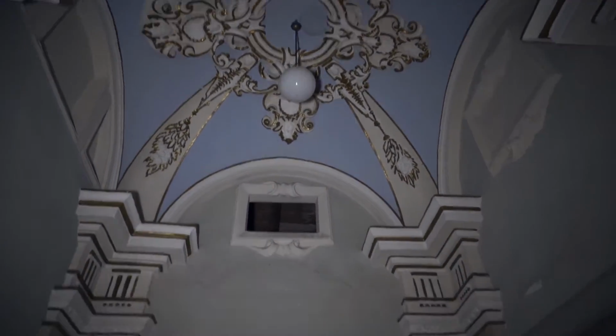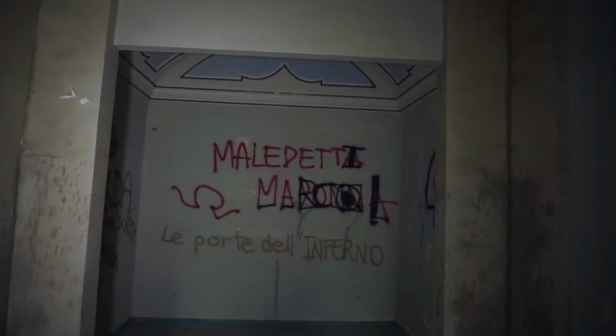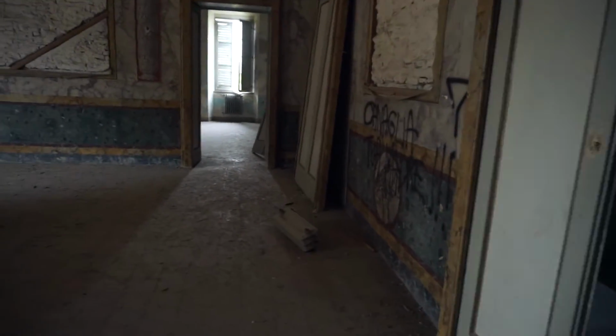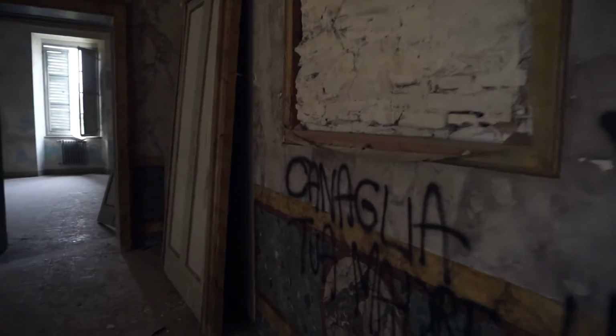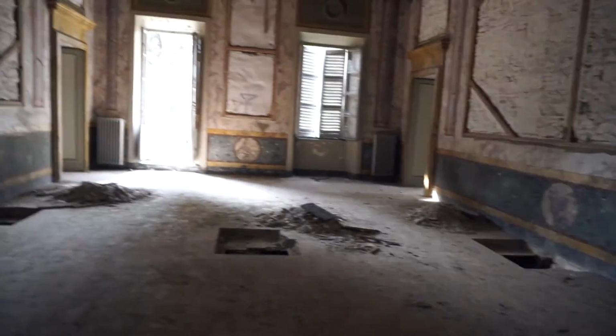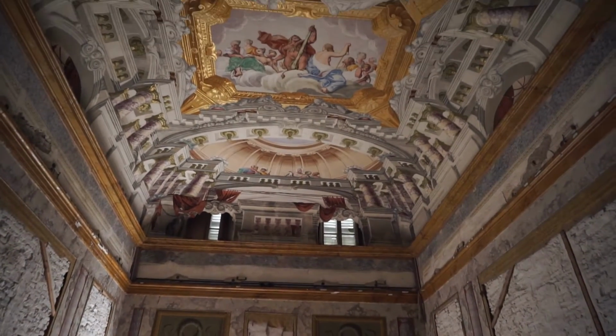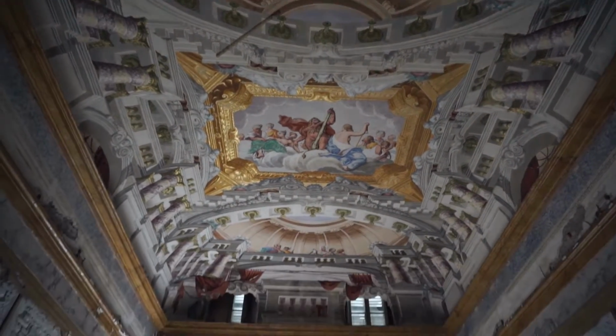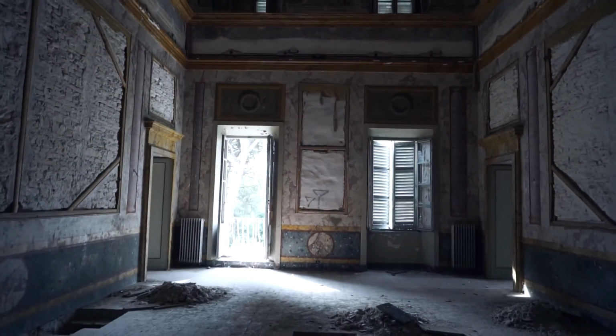And now we're in the first floor. And here, just a little foyer or whatever, I don't know. That's really very intricate details and stuff. And then, if we go here we have the main hall in here. It's massive, and wow, look at those paintings and details, and oh wow, it's just, fortunately it